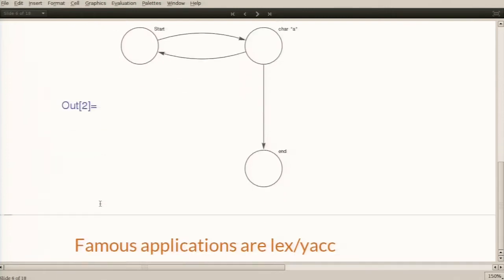And the famous examples of these are Lex and Yak. You just pass them a bunch of rules, and they generate huge C code for you. Hopefully, I mean, you probably use them, you just don't know. But a lot of languages are defined using